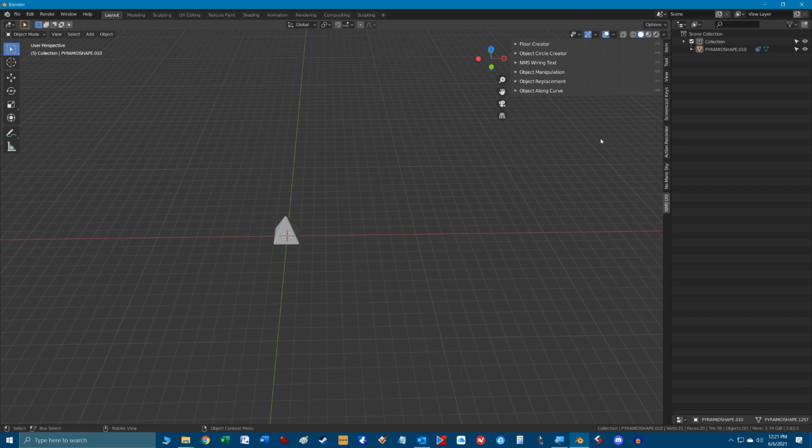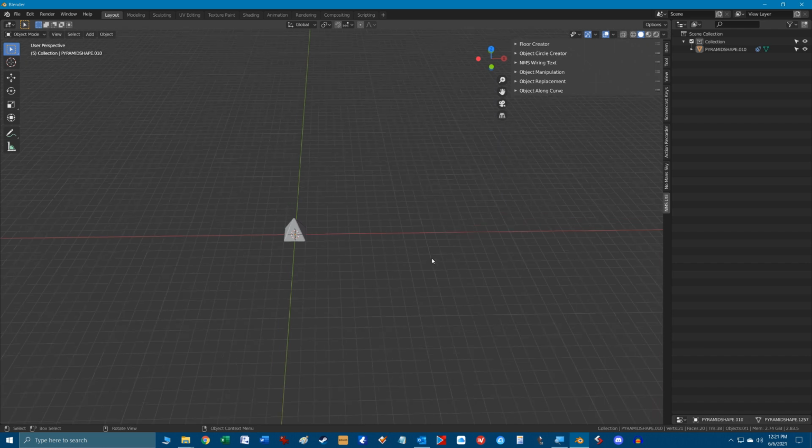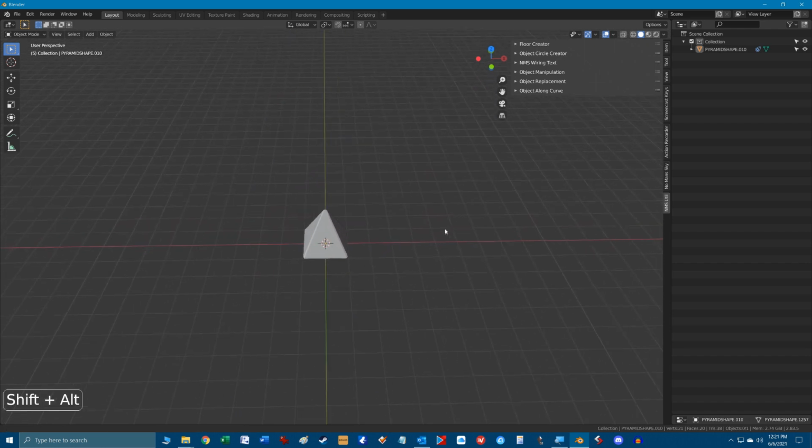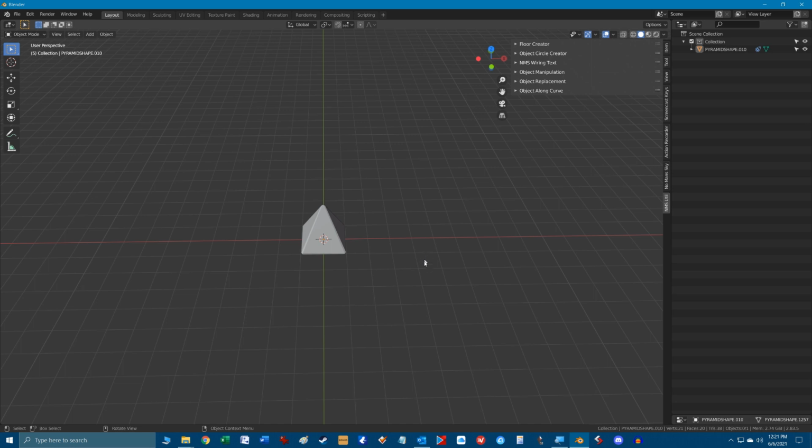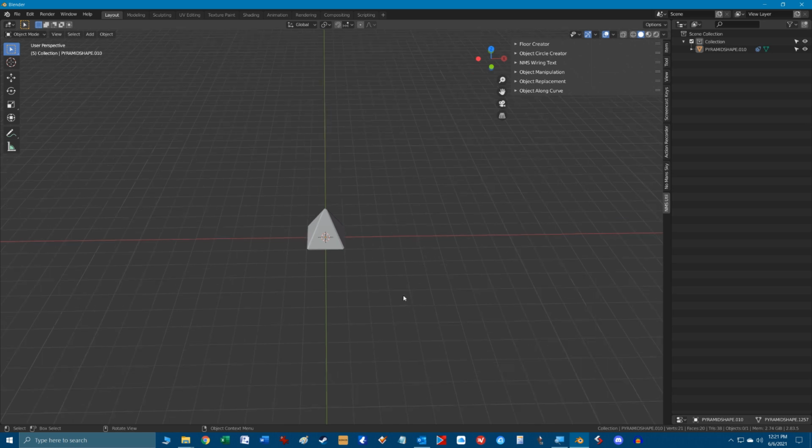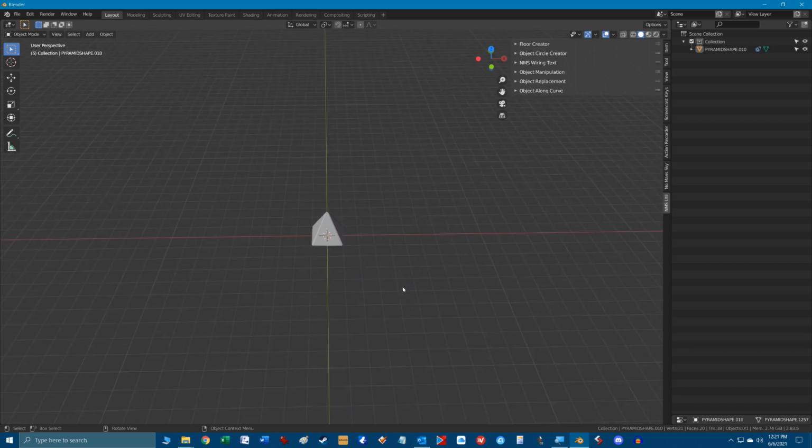So the last module we're going to look at in this utility is called Object Along Curve. Before we get into the details of that, we're going to add a curve object to our scene first, because we need to set that up before we use this utility. So the first thing we're going to do is